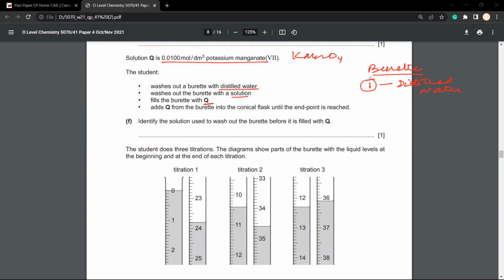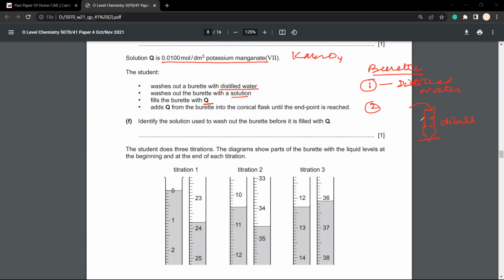तो आप अपने एंड पर प्रिकॉशनरी वे में पहले उसको हमेशा ब्यूरेट को रेडी करते हैं बाय वॉशिंग इट विद द डिस्टिल्ड वाटर। और सेकेंडली, दिस ब्यूरेट which you are washing with the distilled water might have उसके अंदर traces of water रह जाएंगे। तो अगर आप इसके अंदर डायरेक्टली अपना सोल्यूशन डालेंगे तो वो सोल्यूशन जो आप उसके अंदर ऐड करने जा रहे हैं जिससे आप एक्सपेरिमेंट परफॉर्म करेंगे तो वो सोल्यूशन आपका डाइल्यूट हो जाएगा।